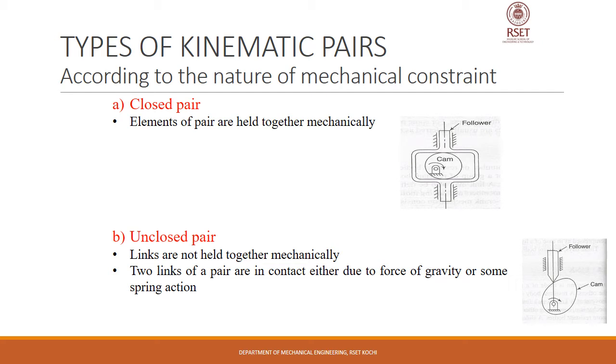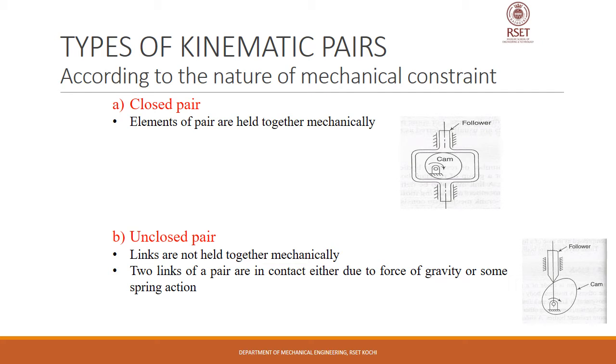Now I will introduce different types of kinematic pairs. Before going to the classification of kinematic pairs, I need to remind you that the kinematic pairs which we are discussing are actually in planar mechanisms. We are not discussing any kind of spatial mechanisms. Spatial mechanisms, for example robotic arms, have motion in more than one plane. But in our case, the mechanisms or the kinematic pairs which we are discussing have motion in only one plane.